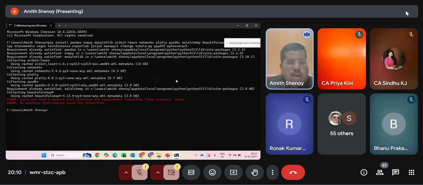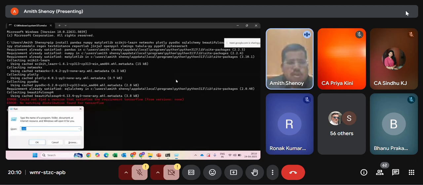This is the very key feature. Whenever you want to implement Python in your workplace, and if you are not getting desired answers, most of the time it will be because you don't have the requisite libraries. For this, the shortcut, again I am repeating, it is Windows R, then type CMD and enter. Here you paste your missing libraries, what you get from GPTs. And whenever you get any errors, you take that error screenshot and put it again in your GPT and say that this is the error I am getting. Please revisit the code and give me the revised code.